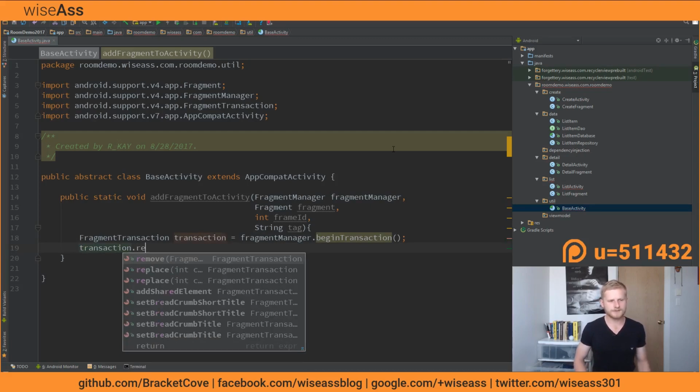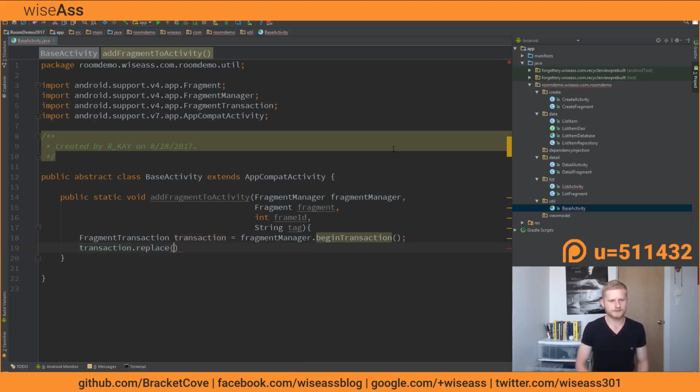We could probably use add instead, but replace works as well as far as I'm aware. And in replace we're going to say frameID, fragment, and tag, just like so. And then finally we will say transaction.commit. Great. So what we'll do next is I'll only do this for one activity because it's not especially interesting, but